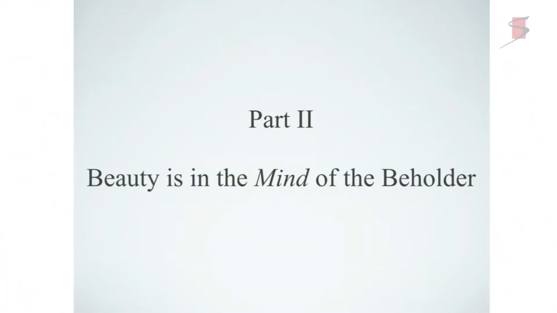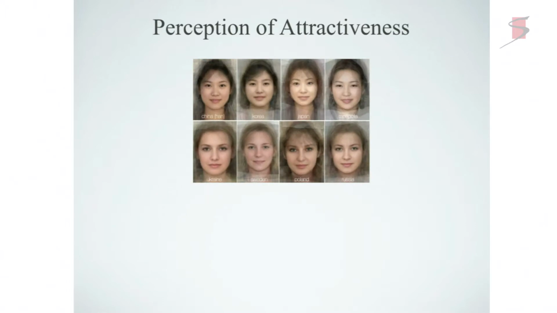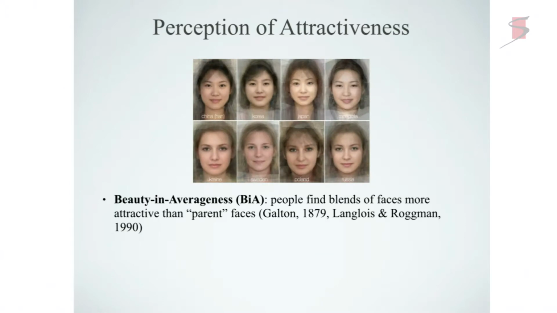So the second part of the talk, I want to talk about attractiveness per se, but also its contextual modulation by task. So there's this classical phenomenon called beauty in averageness. Probably most of you have heard. So these are just faces averaged across women within different countries, and people tend to perceive the average face always more attractive than the original faces that the blends come from. And this is a very old phenomenon that's been known for over 100 years. So there have been some qualitative hypotheses suggesting things like symmetry or smoothness,